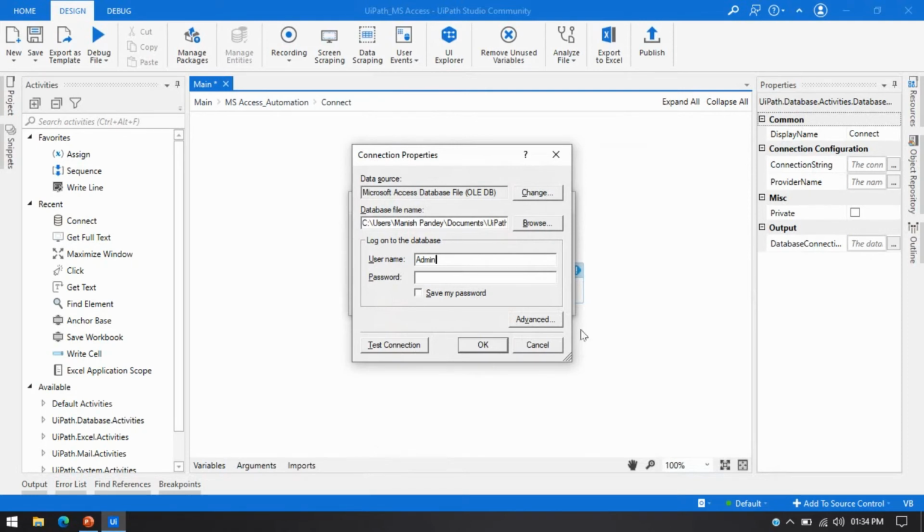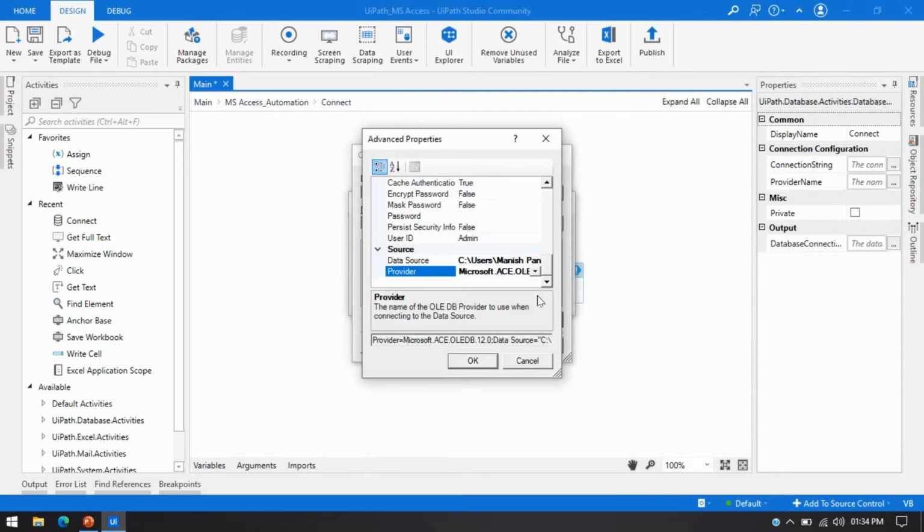Then you can see here in the advanced tab we have the provider, that is Microsoft ace.oledb.12.0. So this is the provider that we are using. It means this is the Microsoft Access OLEDB 12.0 provider, version 12.0, right? Here you can see this is the connection string. I can show you later.